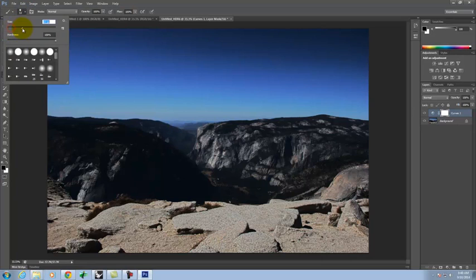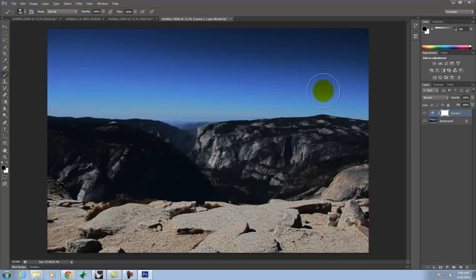So let me adjust the size up a little bit more. Yeah, perfect. And I've changed the hardness so that it's a very sharp edge, which goes to 100%. So I'm going to start painting in black on my image. But since I have the layer mask selected, it's not going to apply this curves adjustment to whatever I paint black. So as I paint,